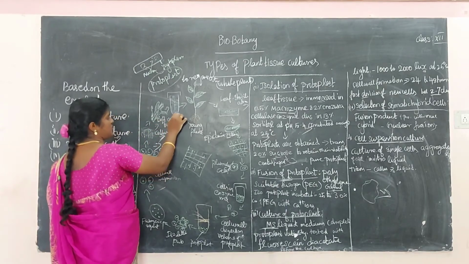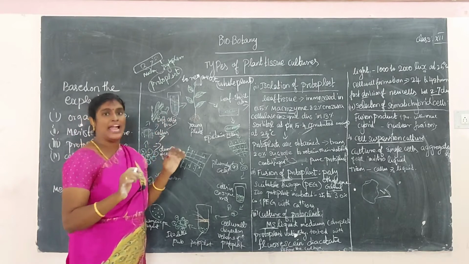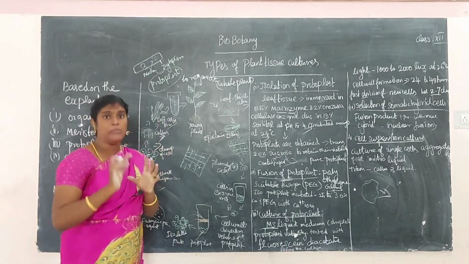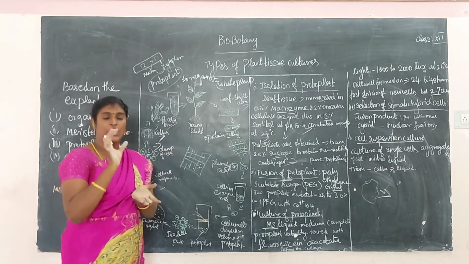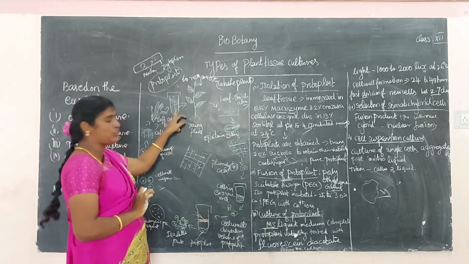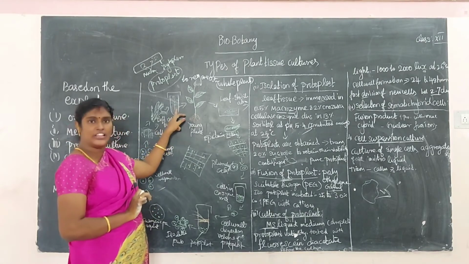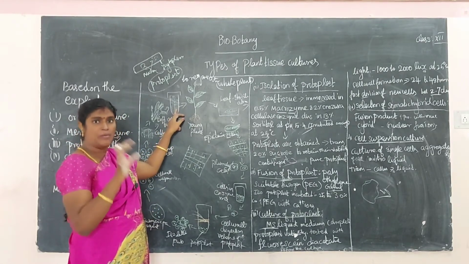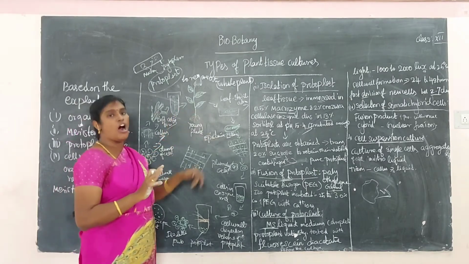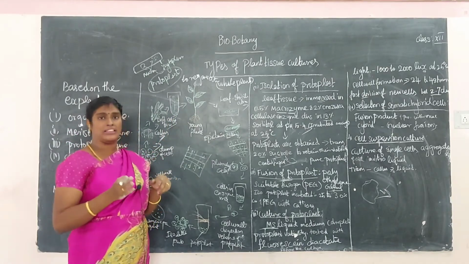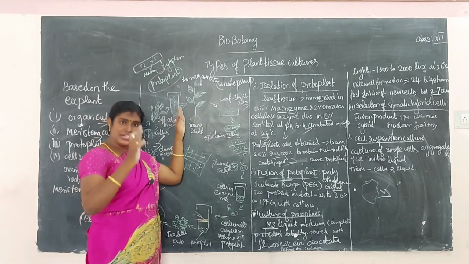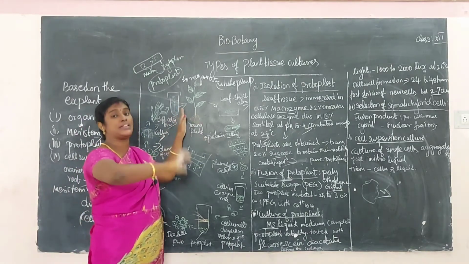So next, last process. A new plant grows only in the culture medium. In vitro culture means mainly growing in a test tube. That is called in vitro culture. So the plant only grows in the culture medium or in the test tube. Next is the hardening method. What is the hardening method? The test tube plant is transferred to the normal medium. That is called the hardening method.